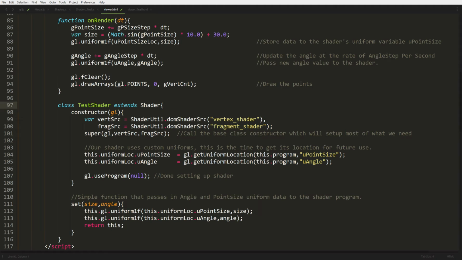First thing we do is use our DOM shader source functions to get the source files for our shaders, and then we use super, which calls the base class, the class that our shader is extending from. So we pass in our context and the source for the shaders to compile and then link the application. So this really starts up our shader, and it gives us all the common stuff